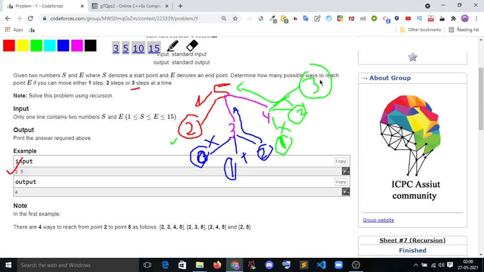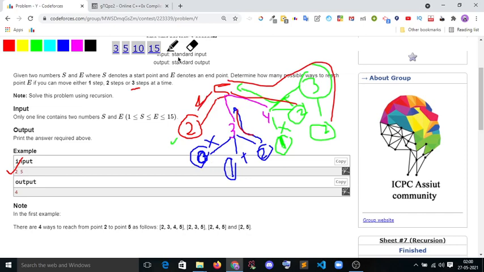So here we can store the value, memoize it, or use iterative DP to solve this question, because there are overlapping subproblems. It is a very frequent question of DP. So again 3 can reach 2 by one step. This is one way, this is a second way, this is a third way, this is a fourth way.